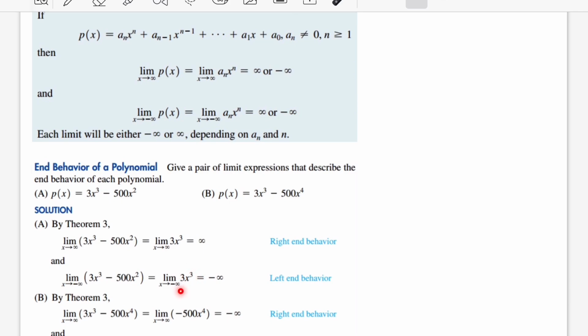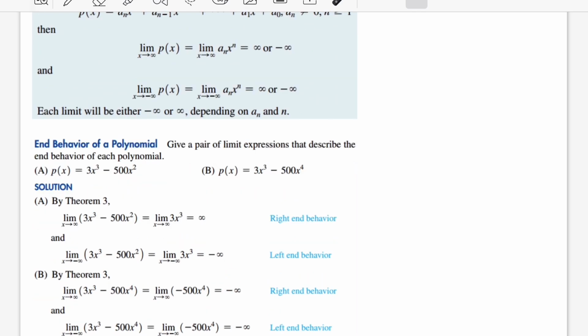The only difference here is that if we were to plug in negative infinity into this x here, we get negative infinity cubed. And we all know that a negative number cubed is equal to a negative number. And so that's why we get negative infinity here. Okay, so if we were to look at